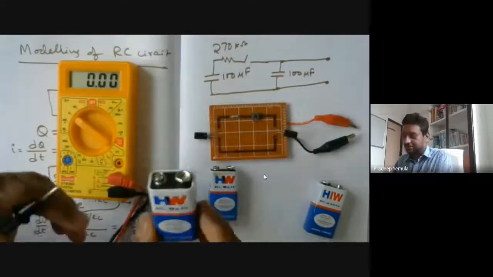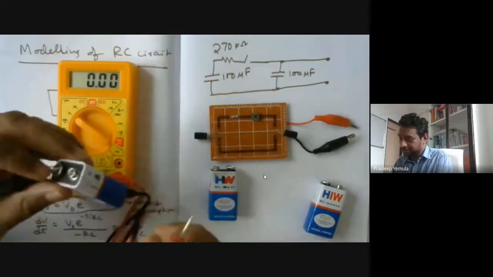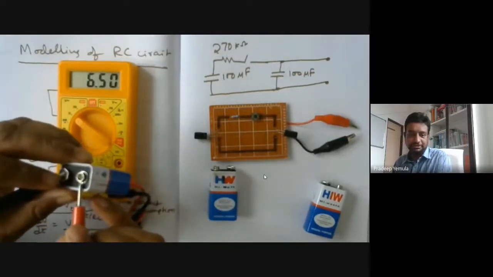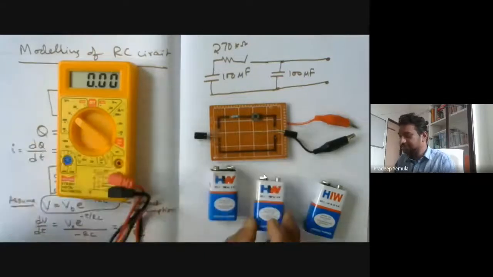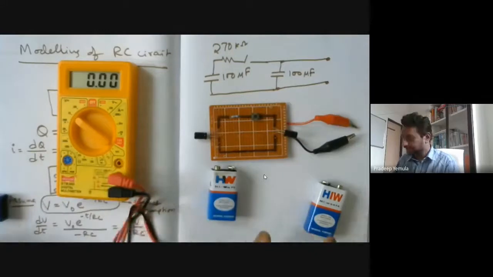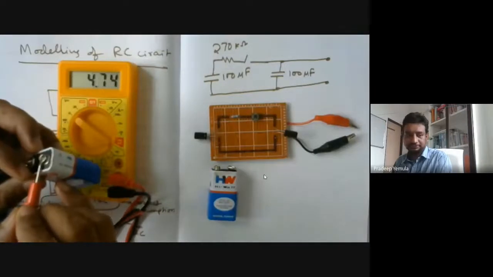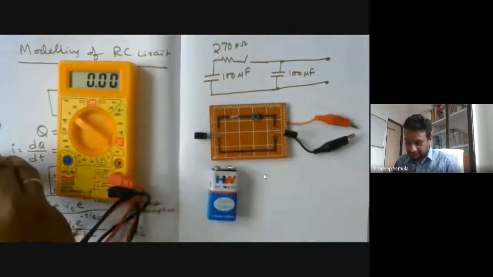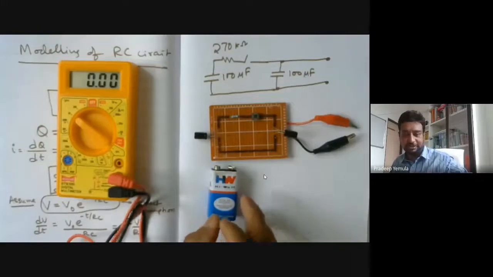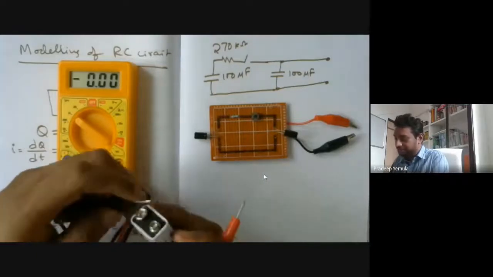Another one also, let me check. So the measurement of voltage again. This is the negative side and this is the positive side. 6.5. So this battery is a little weak compared to the other battery. 6.5, I will remove it. Then the last battery, let's see. This is even worse. 4.5, something like that. So this battery is also weak. So among the three batteries available, this battery has 8 point something volts, so I will use this one.